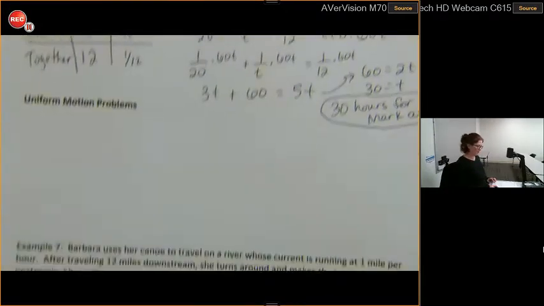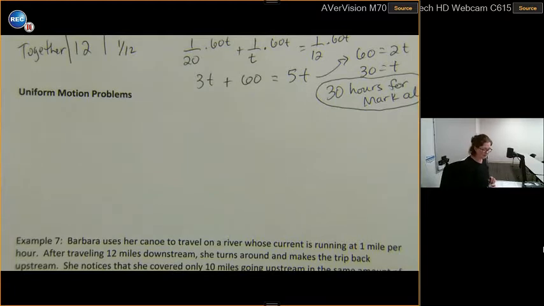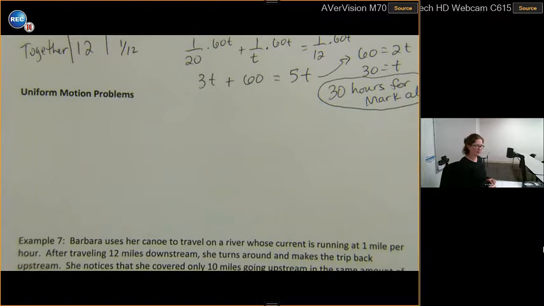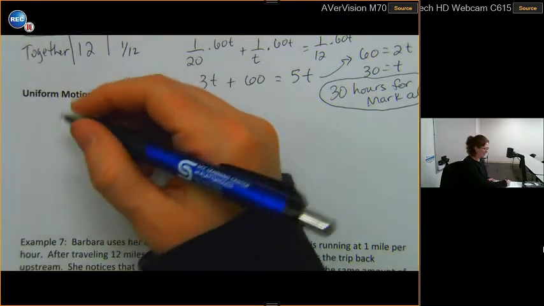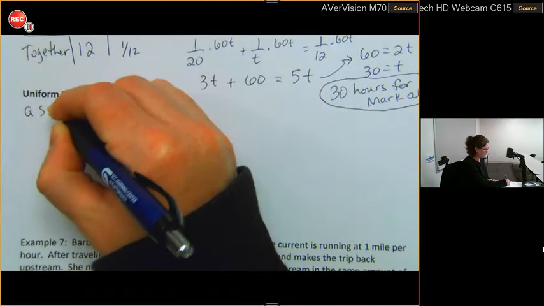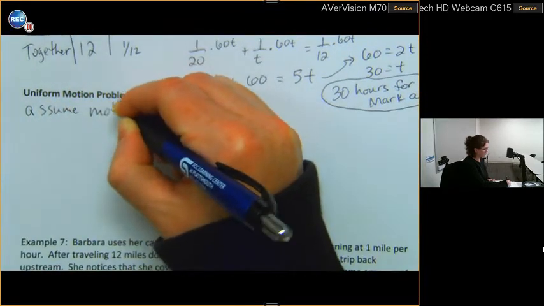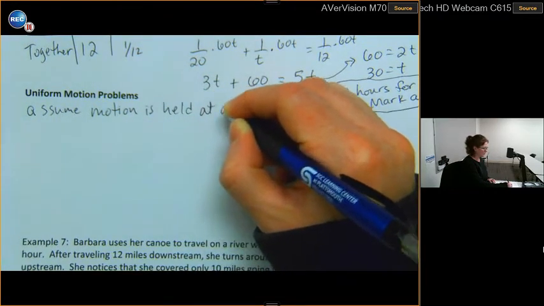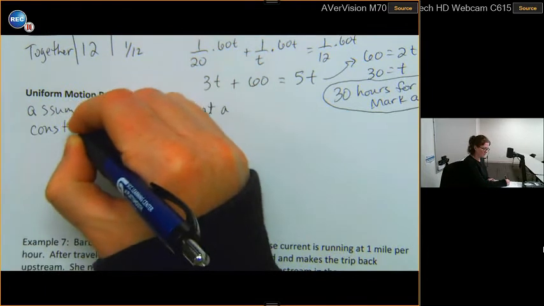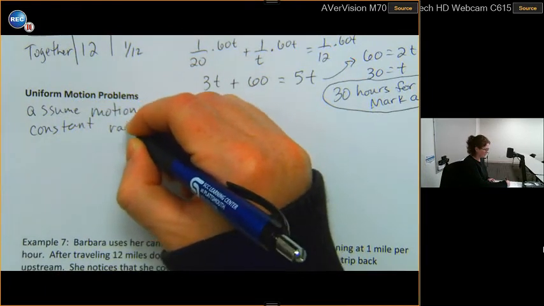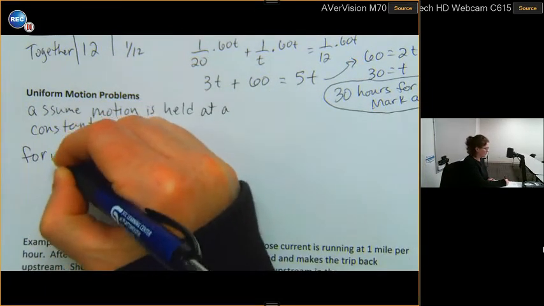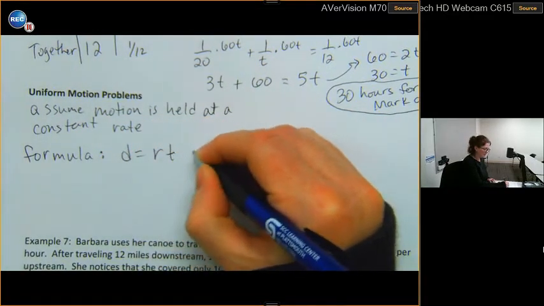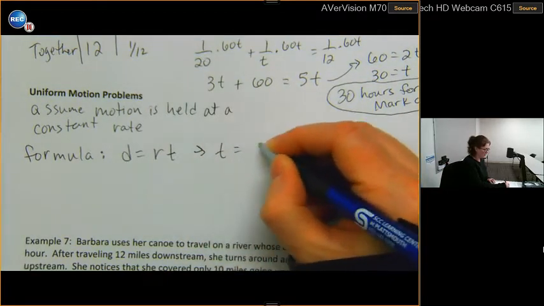Section 3 of 7.8, or Part 3 of 7.8, is talking about uniform motion. For uniform motion, we're going to make the assumption that motion is held at a constant rate. The formula for uniform motion is distance equals rate times time, which we're going to rewrite as time equals distance